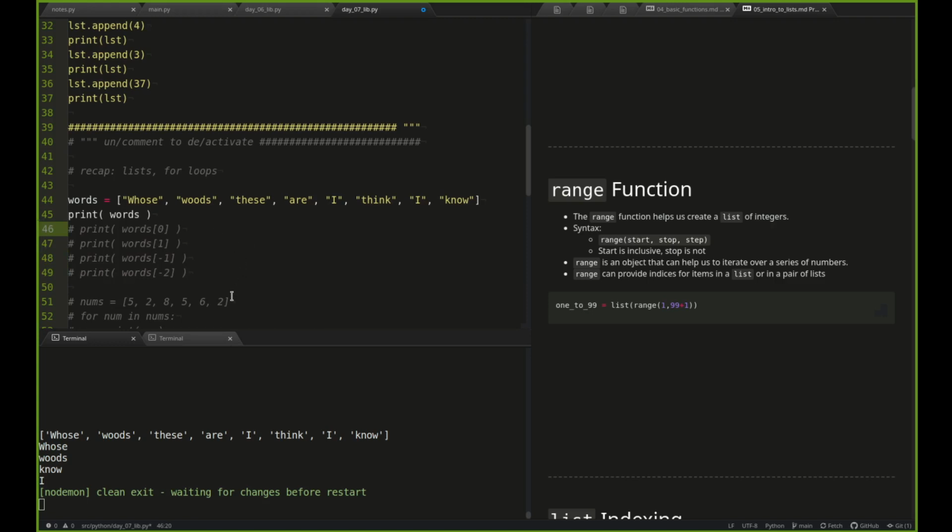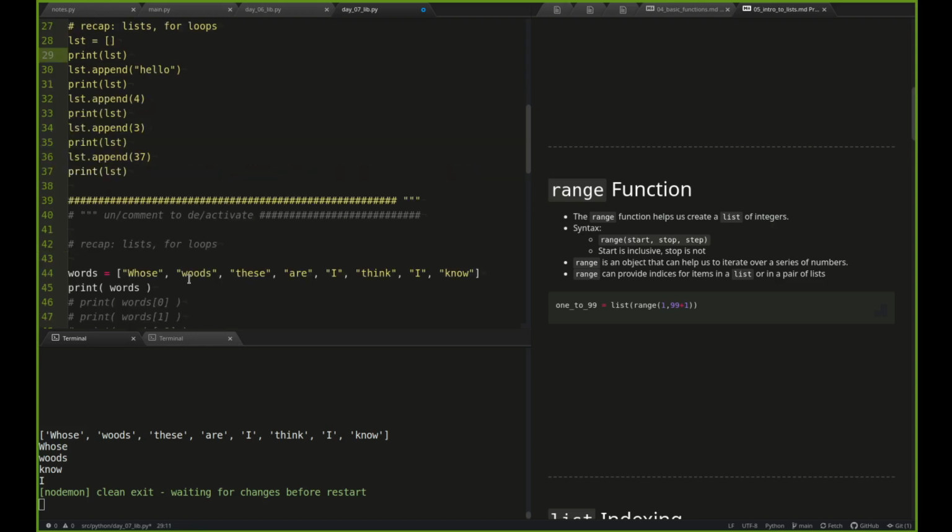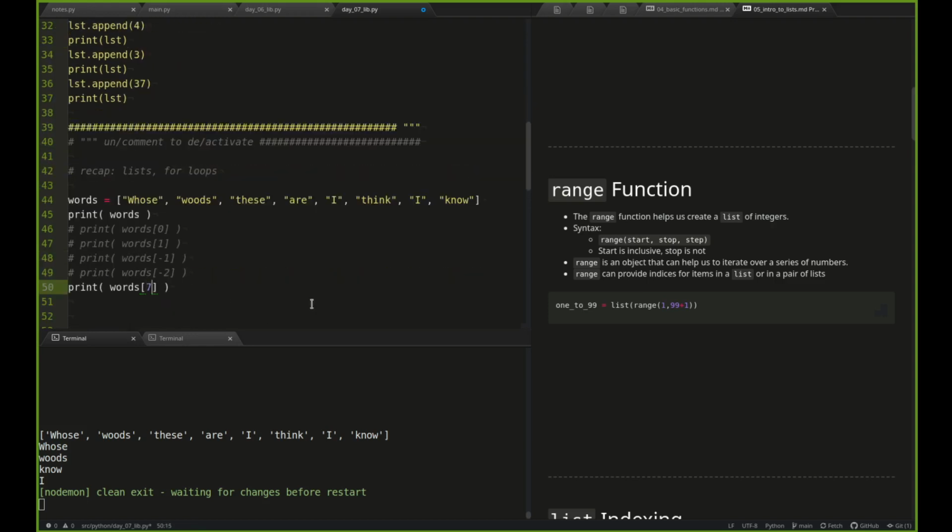What happens if I ask for an element that is beyond the last element? So let's see how many indices, what our highest index is. So we've got index 0, 1, 2, 3, 4, 5, 6, 7. So index 7 should be no. So if I ask for index 8,